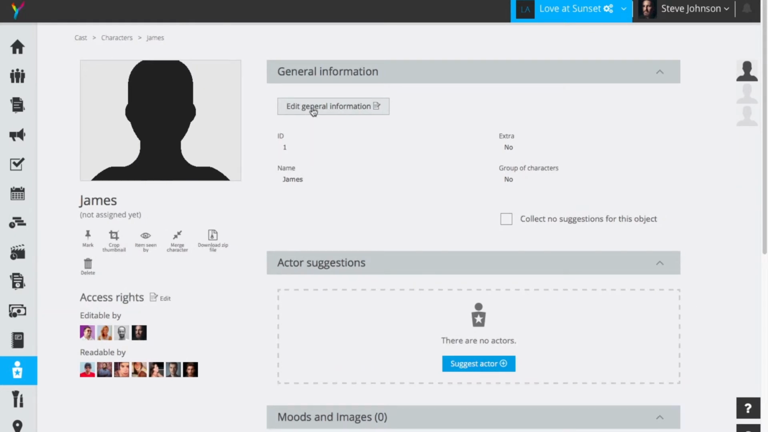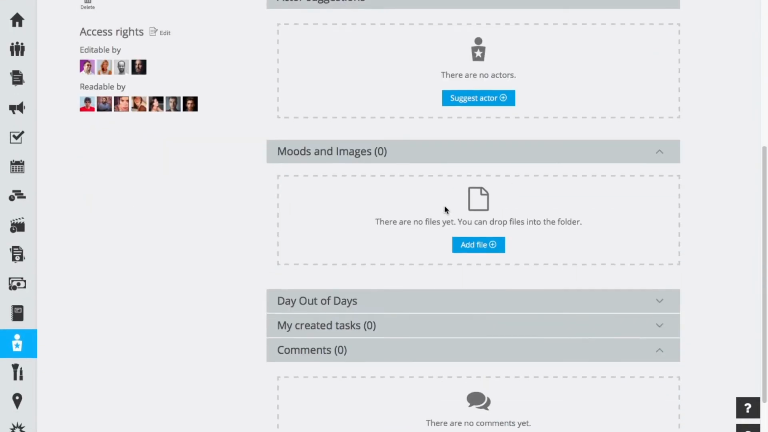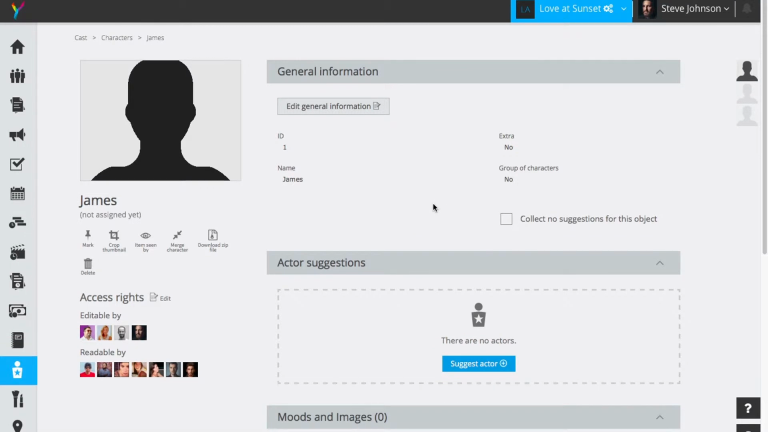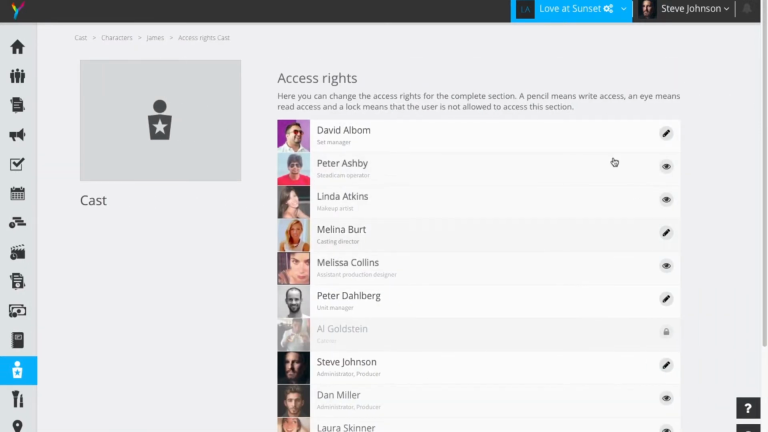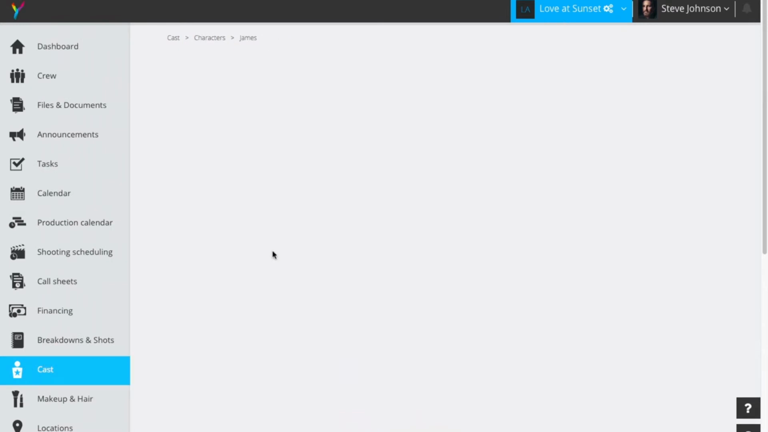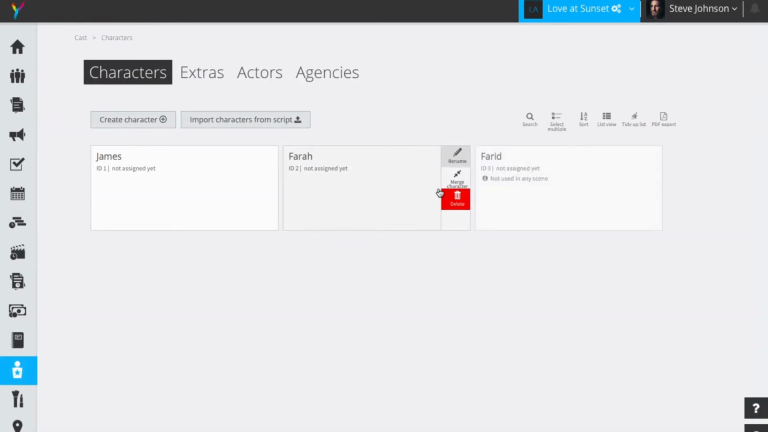And we can see here we have some general information. He's ID number 1, and we can scroll down and see some pieces of information that we will look at a little later. The main thing we want to look at right now is, first of all, that there are access rights for this character, and it can only be seen by the people who have the correct access rights for this, as we can see right here. We can edit this in the crew area. We can also edit this right here as we wish. But returning to the cast area again and back to James,